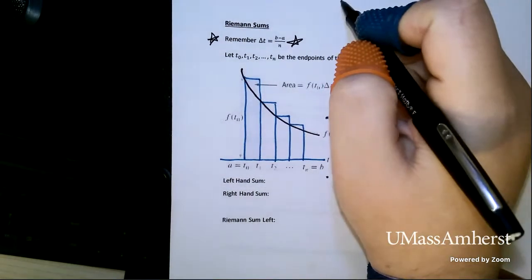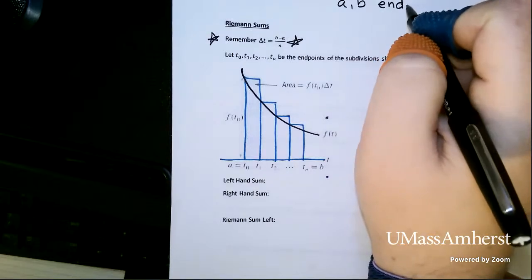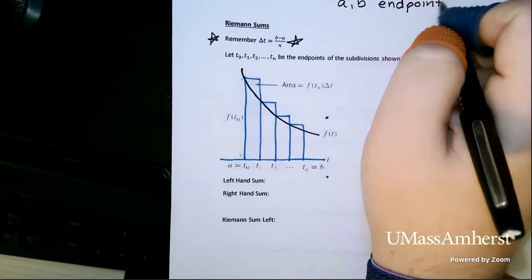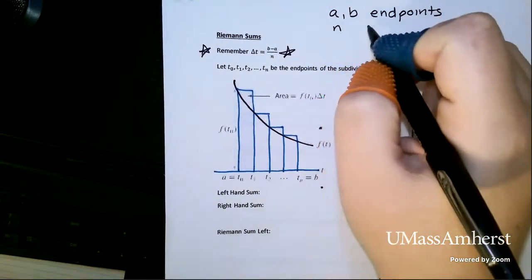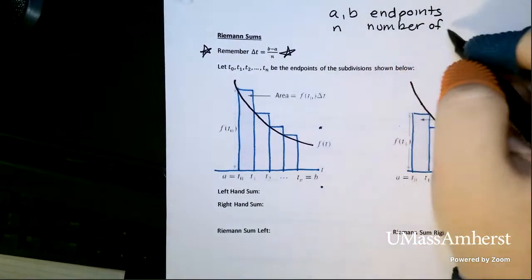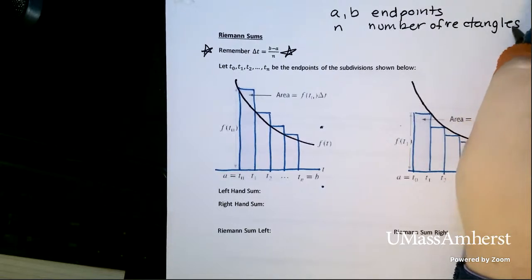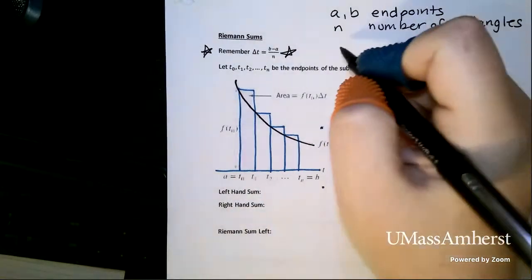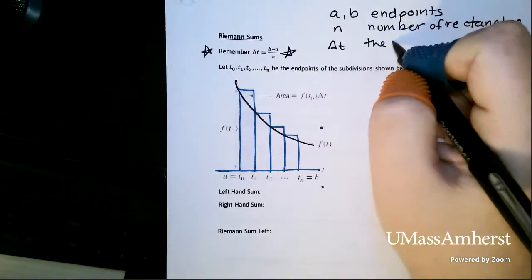Just as a reminder, a and b are endpoints, where we start and where we end. N is the number of rectangles that we're using to approximate. And delta t is the width